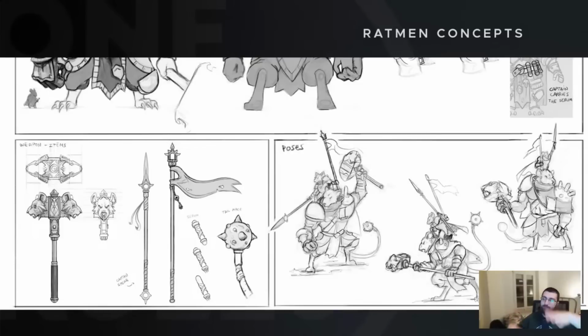He has a sort of platform, so that the captain can stand on it and with a big lance poke at the enemy. He also has a nice banner to represent the faction, and the ogre has this really cool mace or hammer with rat faces. Very cool, a nice mount